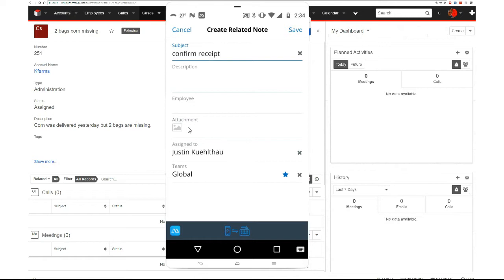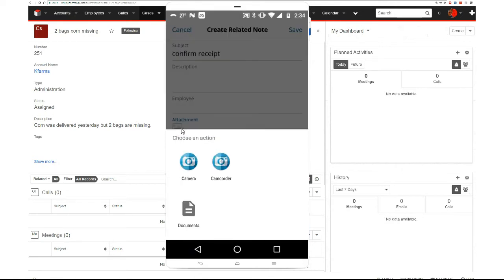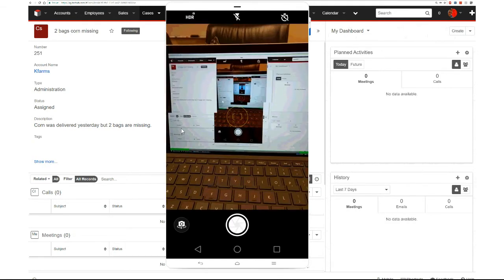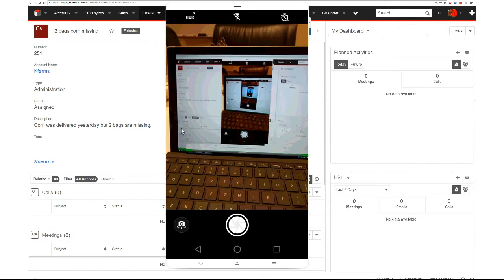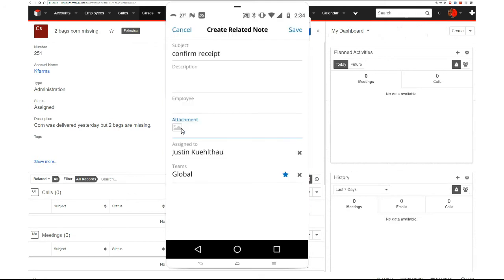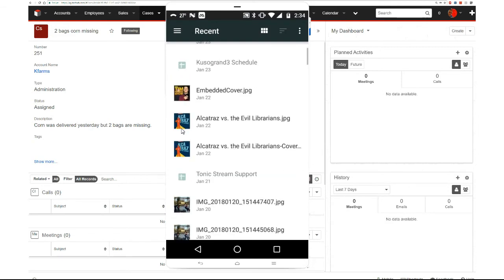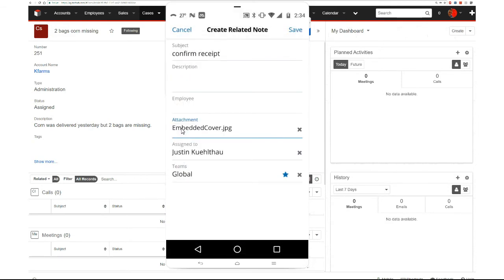I could choose an action. I could use the camera here to take a picture and attach that. I could take pictures of the seed corn that I've dropped off and attach that. I could take pictures of contracts and attach that. Or I could just select an existing photo. We'll upload a picture of the Tim Ferriss show. And as soon as I save that,